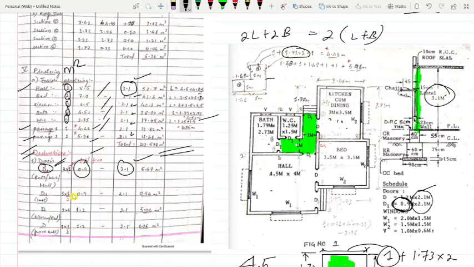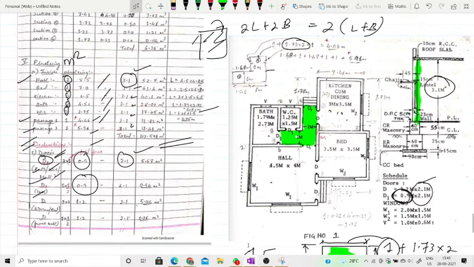Means inside also, outside also, we will not do plastering on the wall. In case of a door, in case of an opening, you can avoid plastering both inside as well as outside. Correct, no? So next D1, same thing, 0.9 meters. Again, see, this D1 is in the bathroom, wash basin, hall. One D1 is in the main hall.